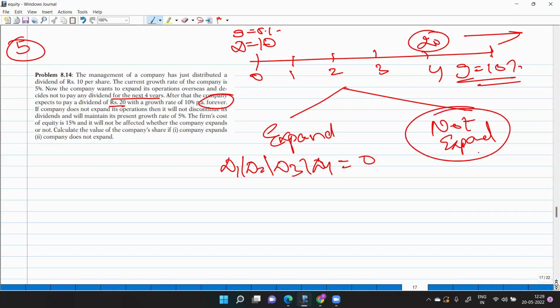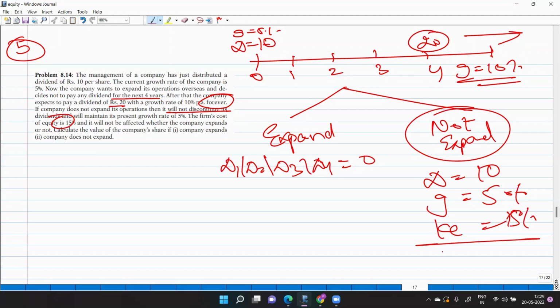अब अगर कंपनी एक्सपैंड नहीं करती है तो डिविडेंड डिसकंटिन्यू नहीं होंगे, मतलब तुम्हें 10 का डिविडेंड मिलता रहेगा, ग्रोथ रेट 5% रहेगा, एंड KE इज गिवन आउट टू बी 15%। ओके, तो यहाँ वैल्यू निकालना बहुत इजी है। क्यों? क्योंकि तुम्हें सिंपल फॉर्मूला लगाना है D0 × 1 + G अपॉन KE माइनस G। तो तुम्हारा वैल्यू ऑफ कंपनी शेयर कैन बी कैलकुलेटेड इन दिस पर्टिकुलर सिनेरियो वेरी इजीली।